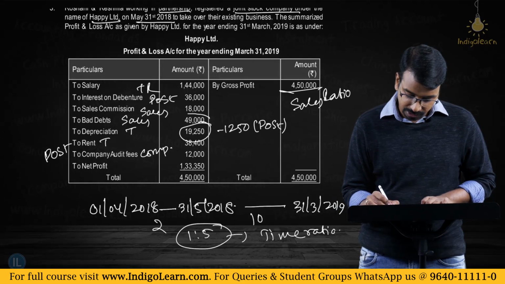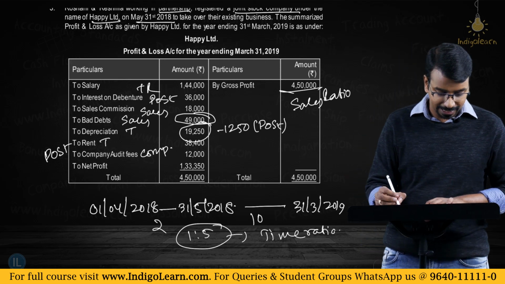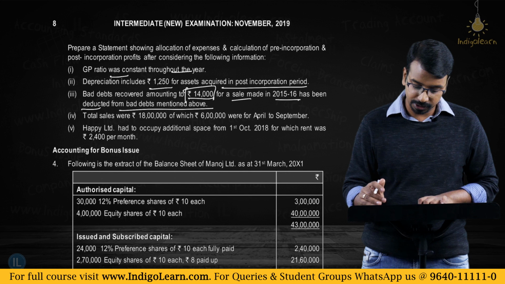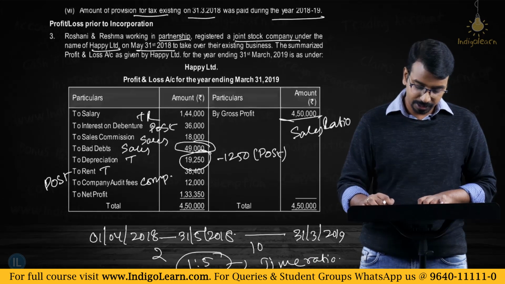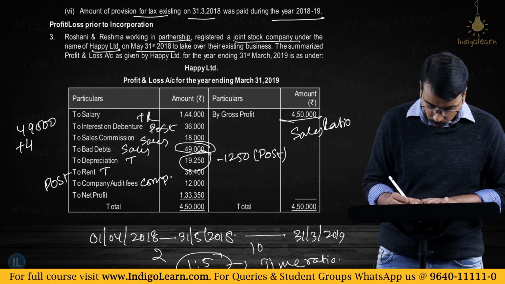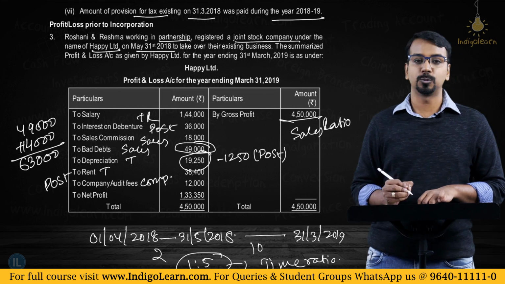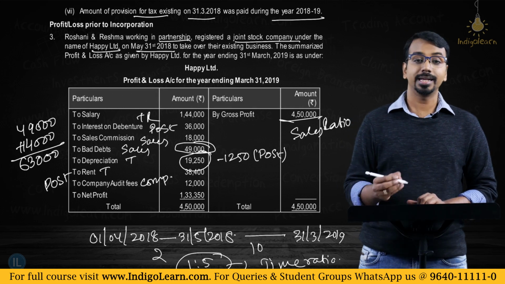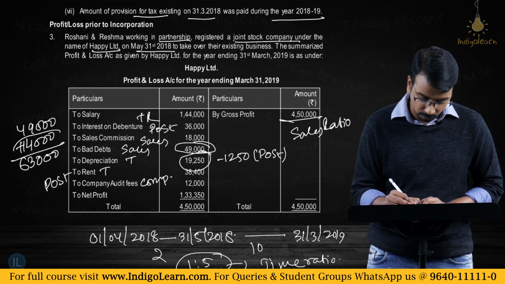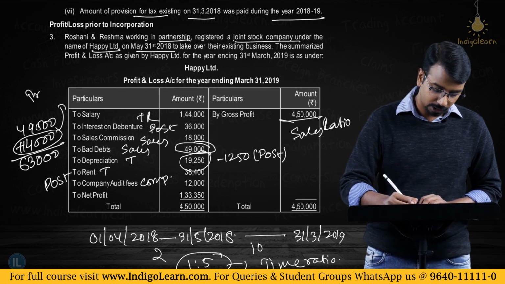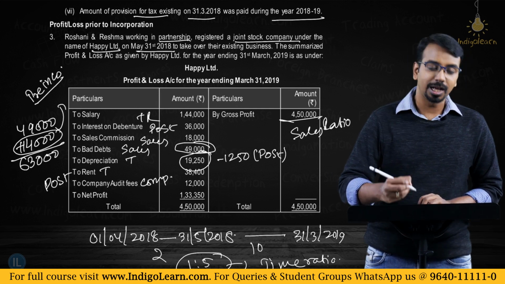This bad debts, whatever you are seeing here, 49,000, that has been arrived at after adjusting bad debt recovery of 14,000. So what is the actual bad debt? Actual bad debt is 49,000 plus 14,000, which is 63,000. Right? Now this 63,000 you will adjust on the basis of sales ratio. Now this 14,000, whatever is the recovery, it is an income, and this income belongs purely to the pre-incorporation period,